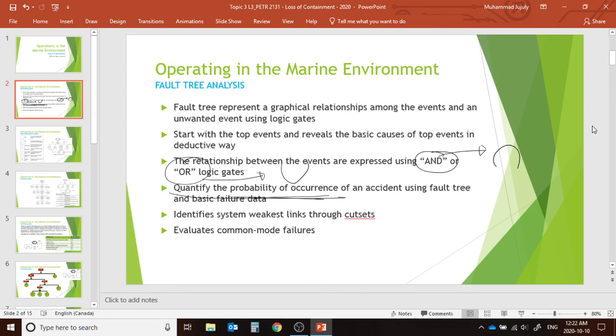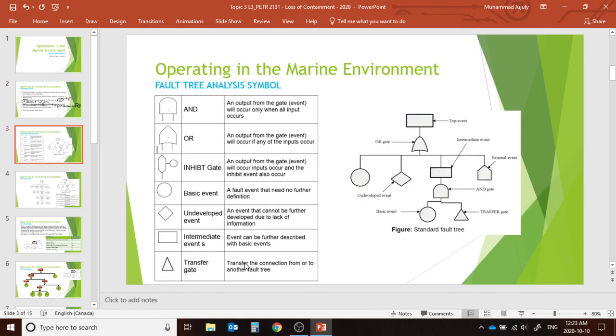Okay, and if we get the probability of occurrence or frequency, then we multiply it with the consequence, then we'll get the probability of failure. So this small f is for frequency, and this big F is for failure. So it identifies the system's weakest link through the cut sets. We'll see that it evaluates common mode failure. So you'll find lots of similarities with using the fault tree analysis